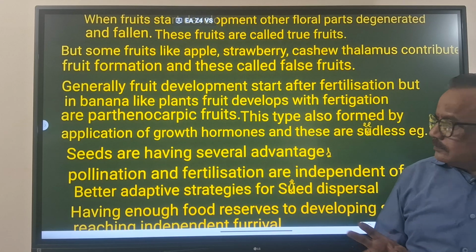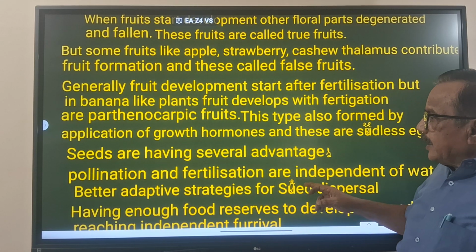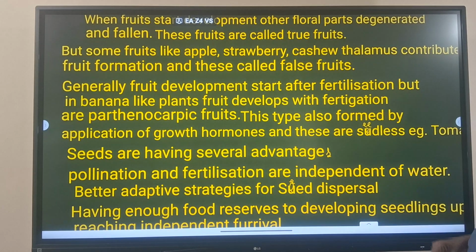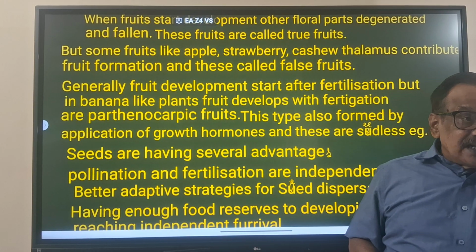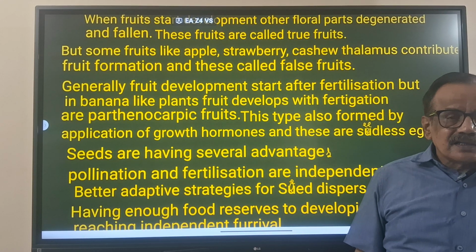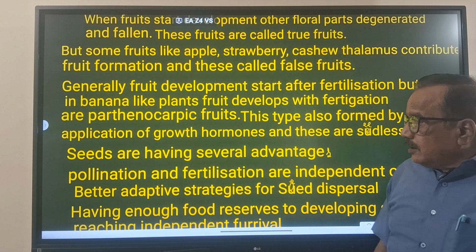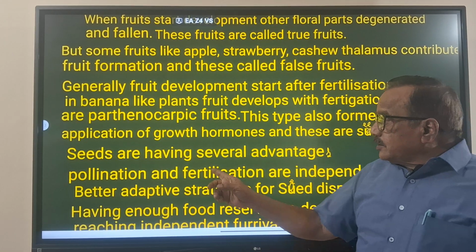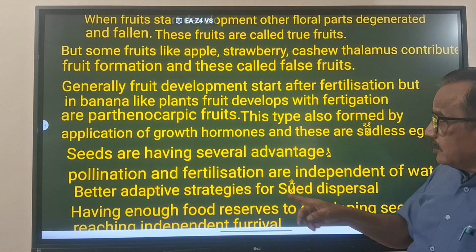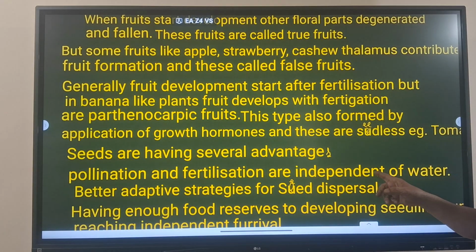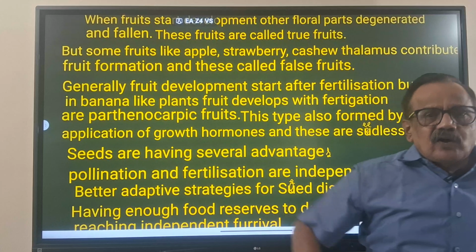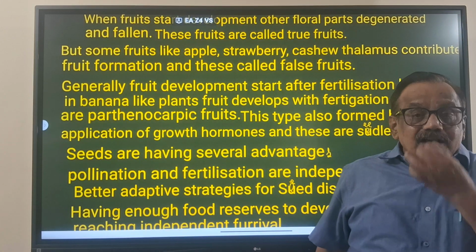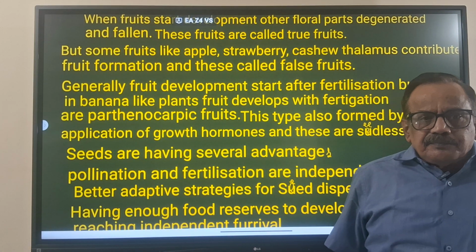It is seedless fruit. And next will be, seeds are having several advantages. Seed formation is having several advantages. What are they? He has given some points. Seeds are having several advantages. Pollination, fertilization are independent of water. Most important point. What is this? Independent of the water means what? Because